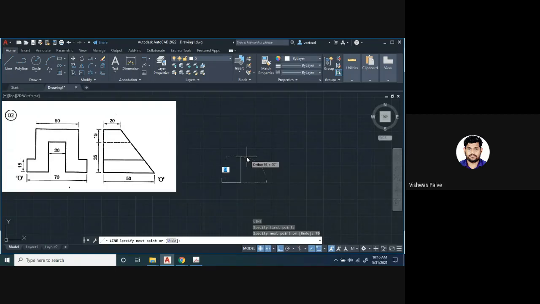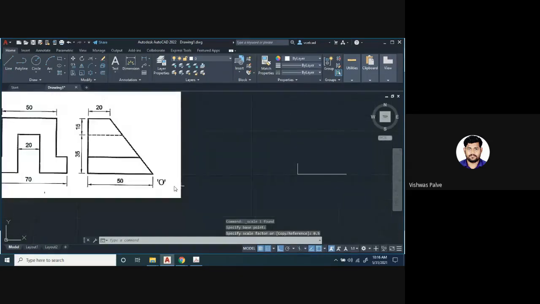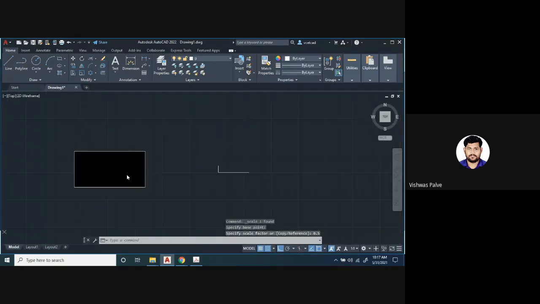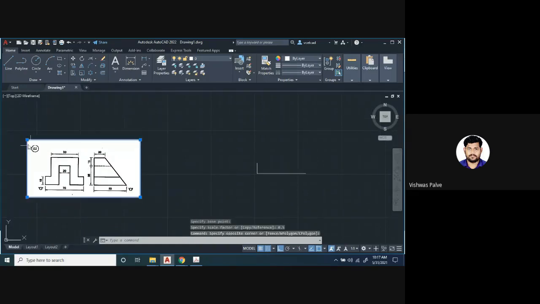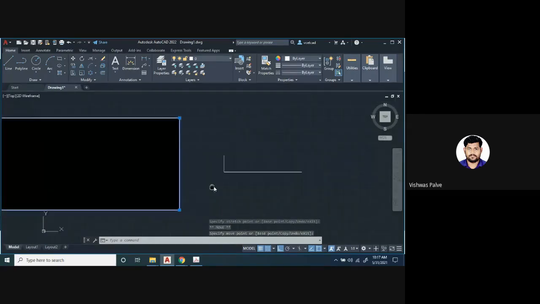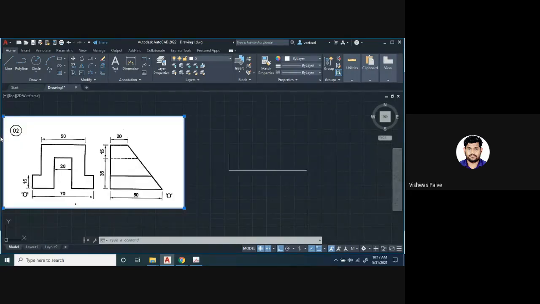Then I'll reduce the scale again of this figure. Select this object, scale it by 0.5, with a base point. Okay, so now it will be visible clearly. So I want to redraw this object.